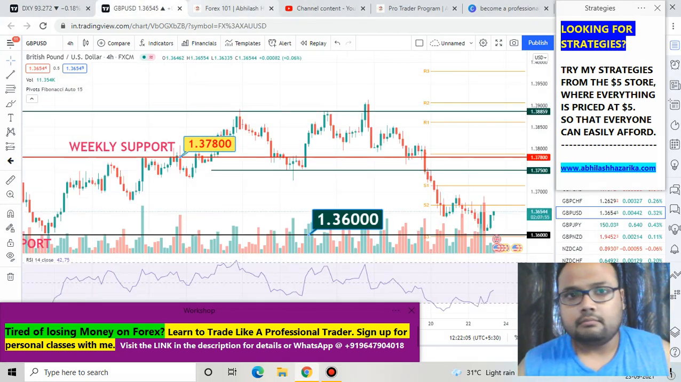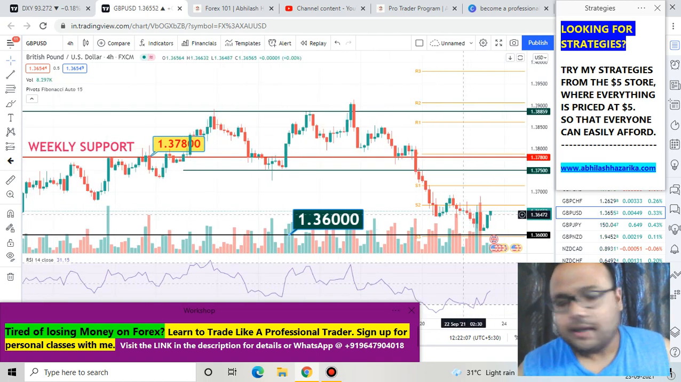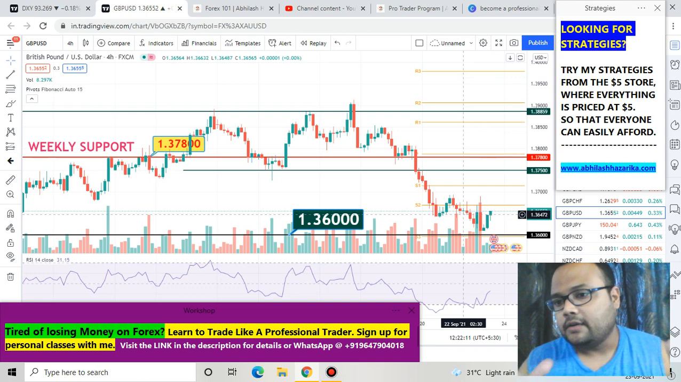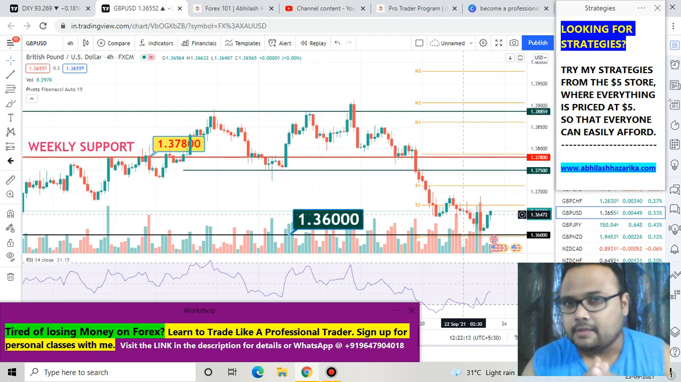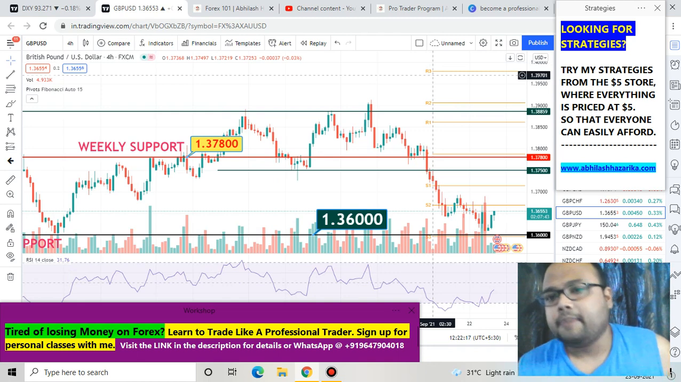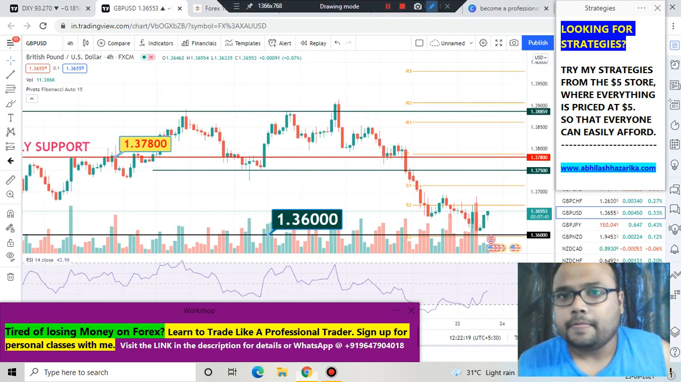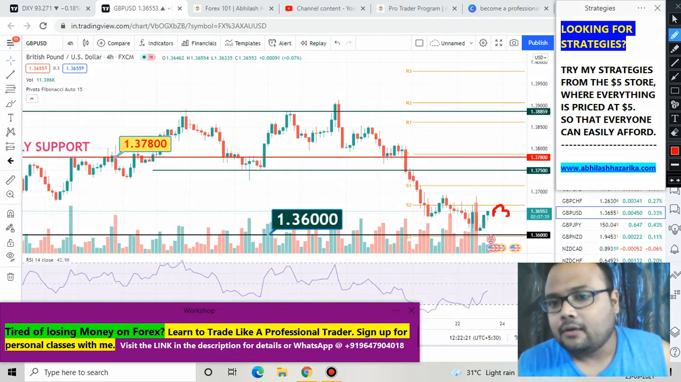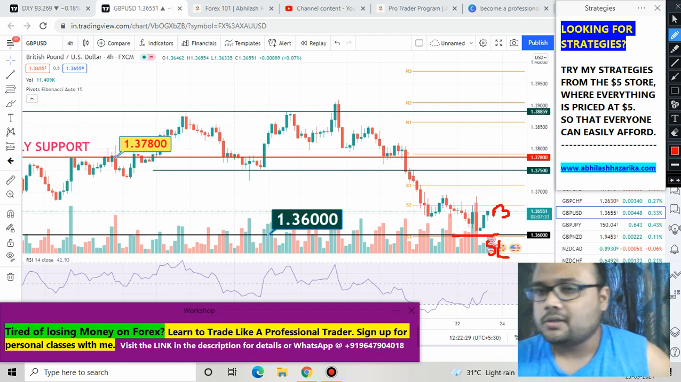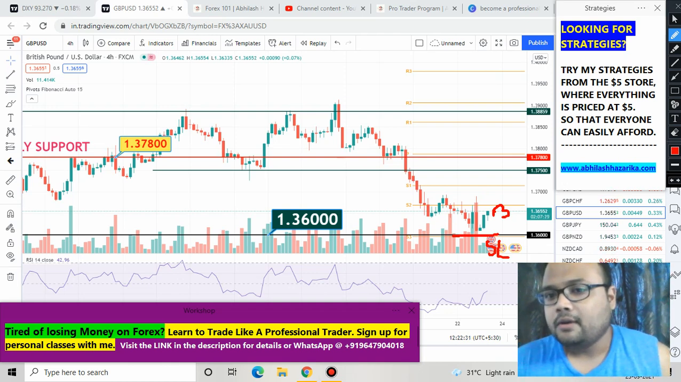So right now market is going up, so if you have already taken a buy position, enjoy the profit, and stay on the trade as long as you don't see any trend reversal. But if you have not, then my dear friends, you'll have to wait for some time, because if you buy here right now, your stop loss will be below this level, 1.3600 level. So your risk to reward ratio is not much in your favor,